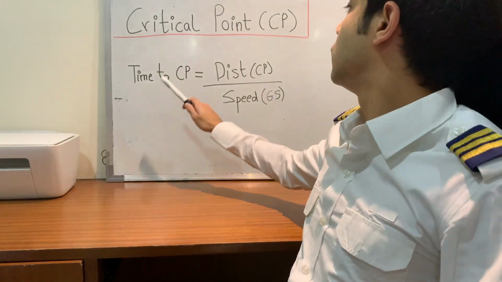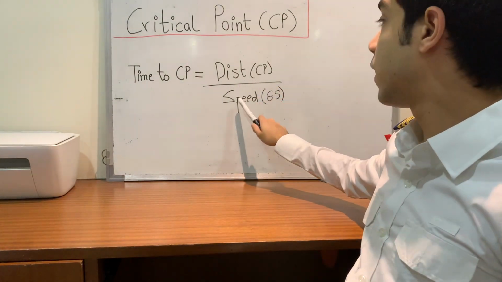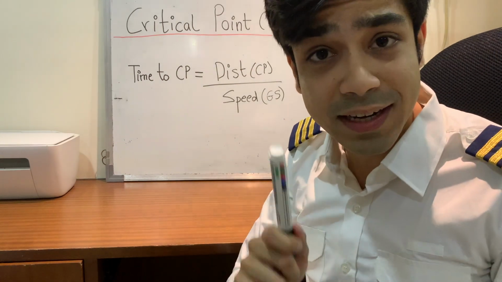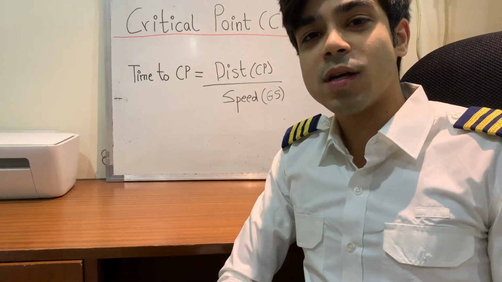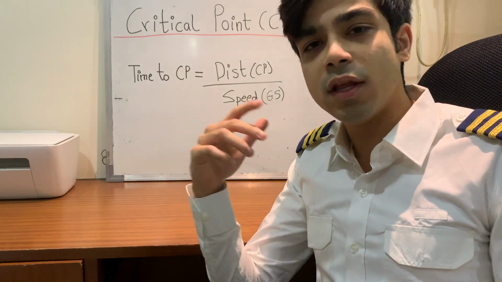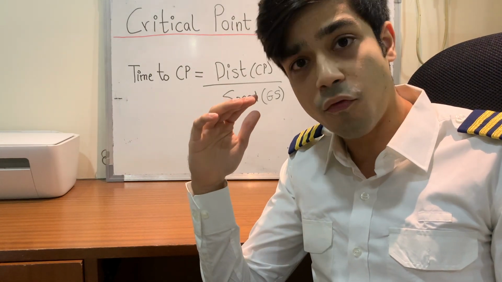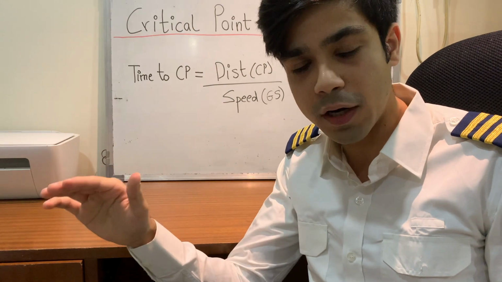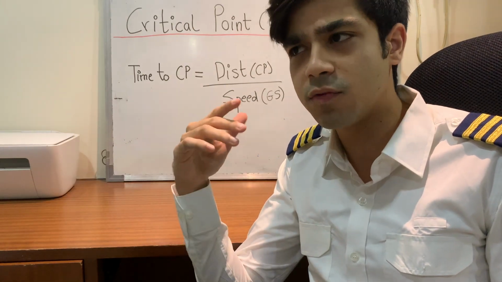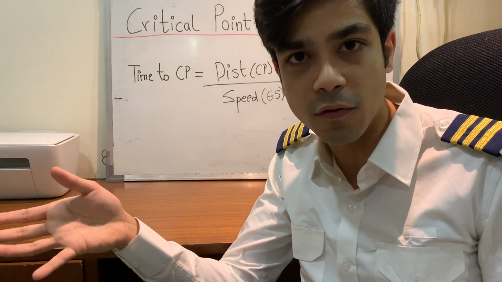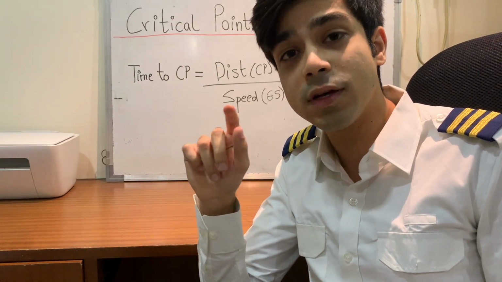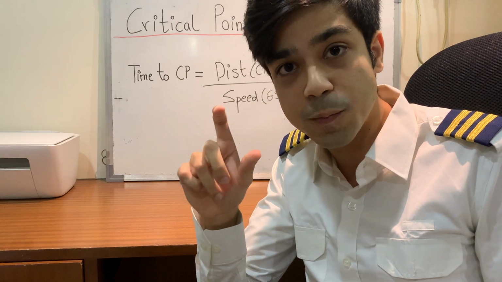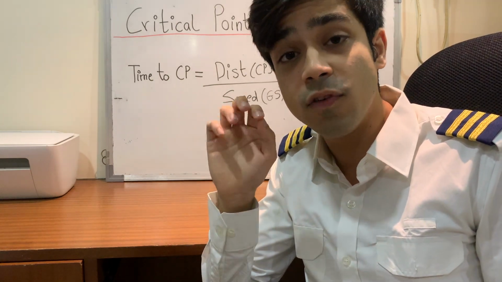Time to CP is equal to distance to CP divided by speed, which is your ground speed and not your TAS. Now I want to talk about something very important. Let's say, for example, in the question they have given us full TAS, which is with all your engines operative, and your reduced TAS, which is with whichever engine inoperative. Previously we spoke about distance to CP, in that we had d H upon O plus H. The H and the O, those ground speeds, have to be calculated with respect to your reduced TAS.